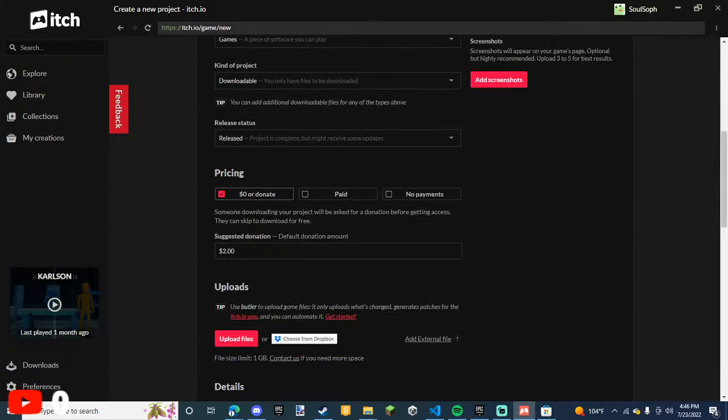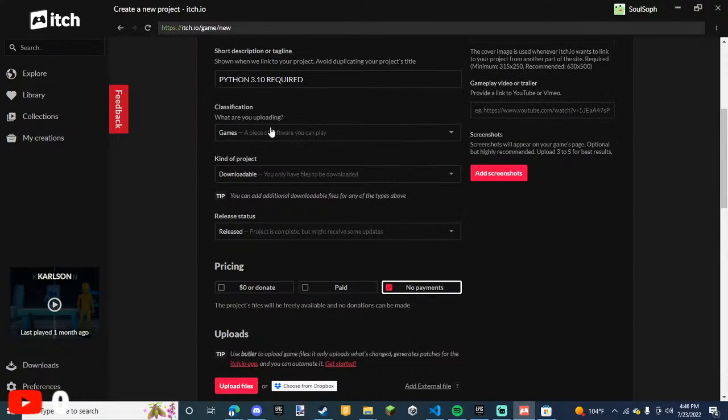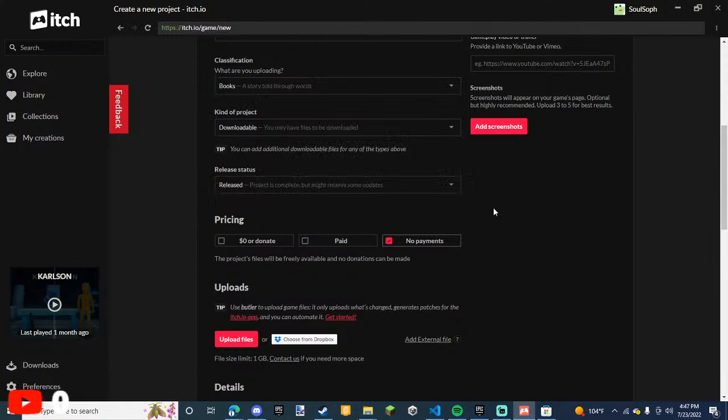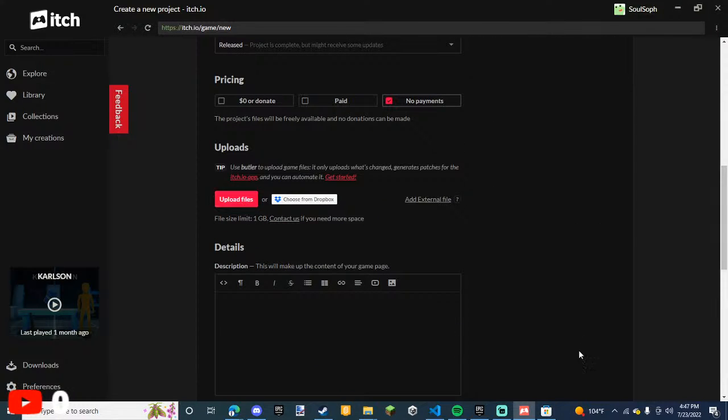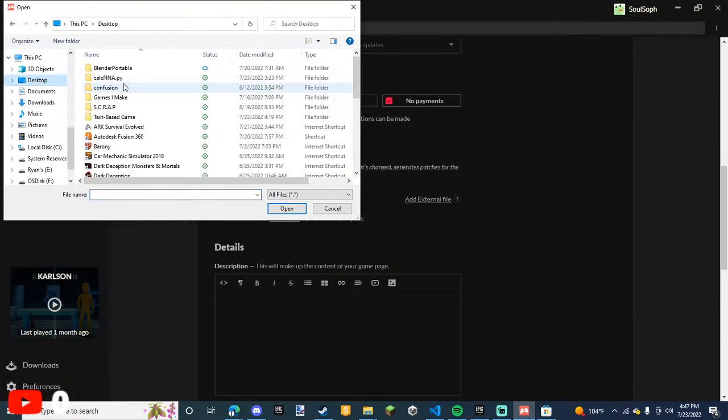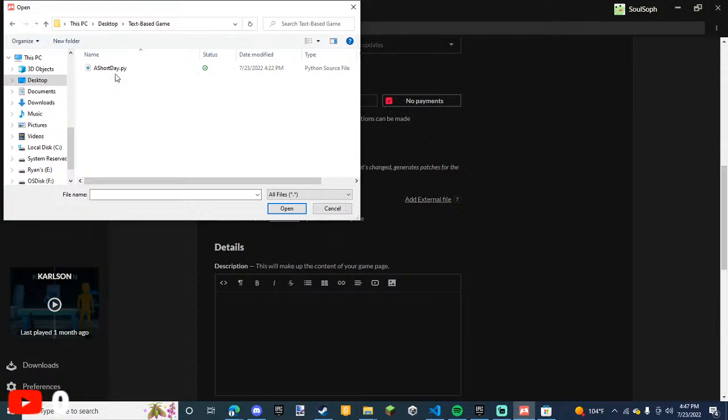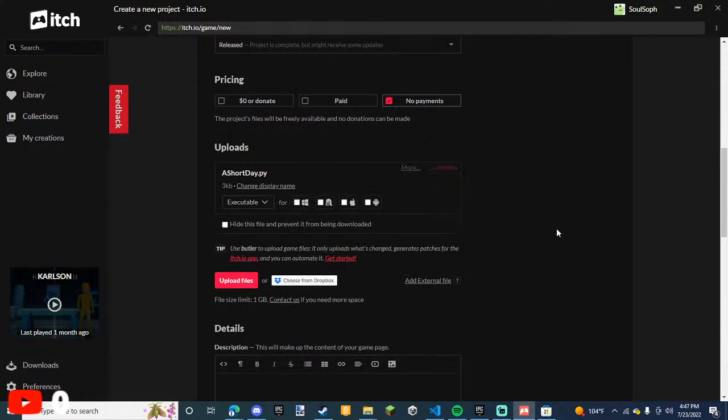Python 3.10 required. Let's just take off this, no payments. And downloadable. This is gonna be a book. Okay, so I'm gonna upload the file. Desktop, text-based game, A Short Day. Upload that. This is downloadable. And I mean, technically, it's anything. Source code,